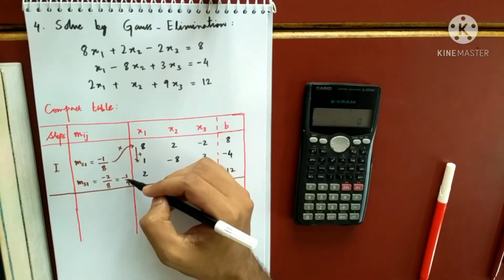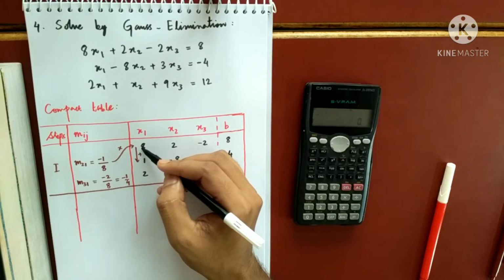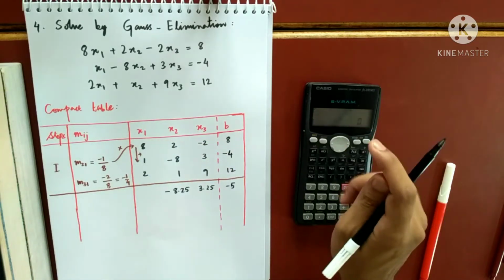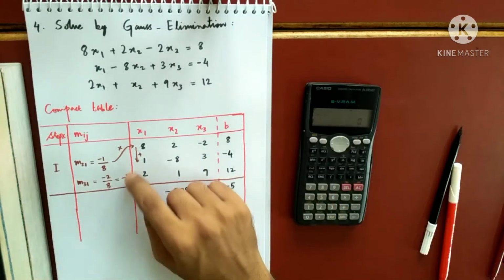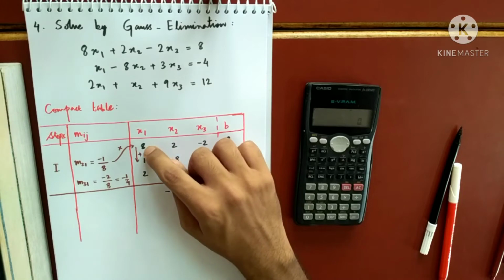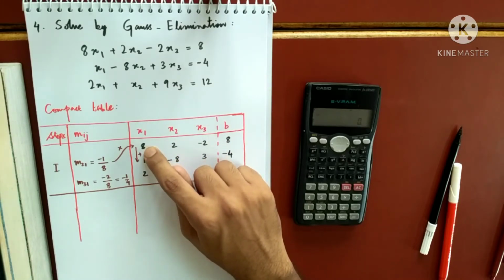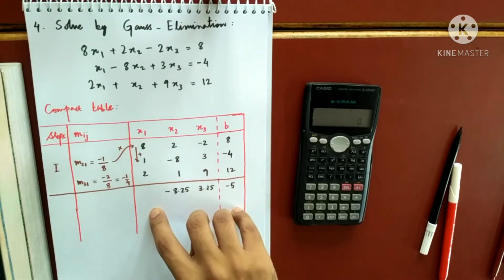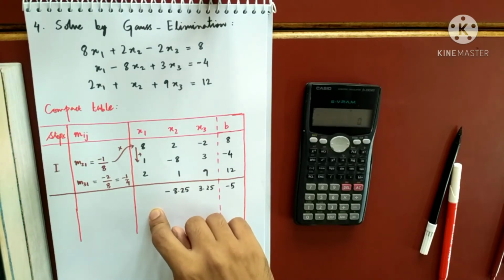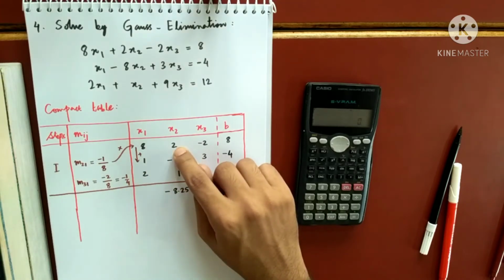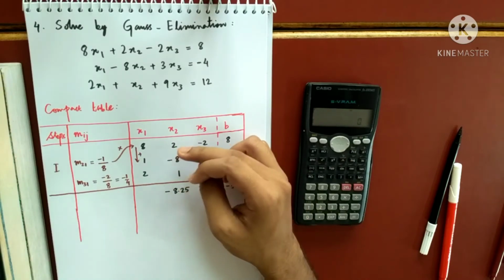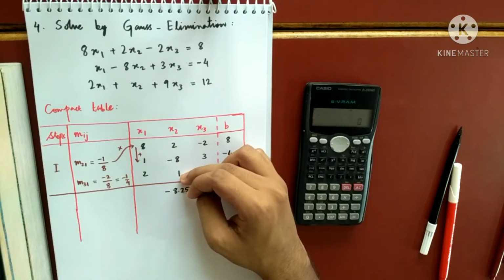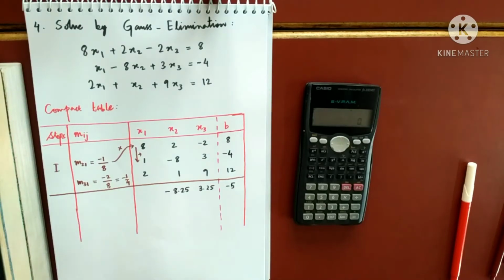Similarly, you will now multiply minus 1 by 4 here and then add it to here. That means I will divide by minus 4. As simple as that. This is same as that, no? So I will divide 8 by minus 4. My answer will be minus 2. Minus 2 plus 2 will be 0. It should definitely come 0 because I am eliminating x1. Now 2 divided by minus 4 is minus half. Minus half is minus 0.5.